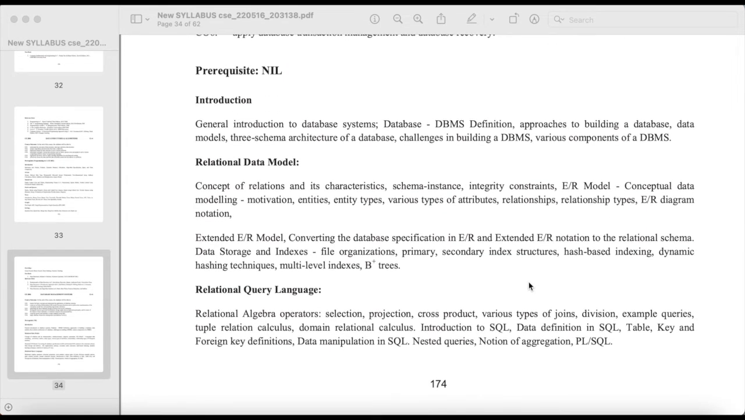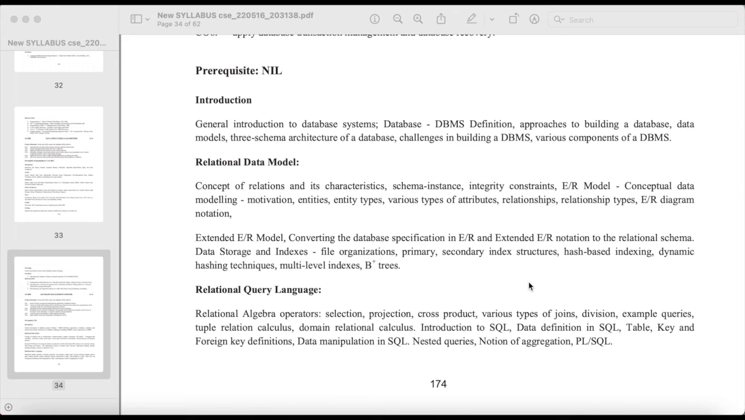Introduction, general introduction to database systems, database, DBMS definition, approaches to building a database, data models, 3-schema architecture of a database, challenges in building a DBMS, various components of a DBMS, relational data model, concept of relations and its characteristics, schema, instance, integrity constraints, ER model, conceptual data modeling, motivation, entities, entity types, various types of attributes, relationships, relationship types, ER diagram notation, extended ER model, converting the database specification in ER and extended ER notation to the relational